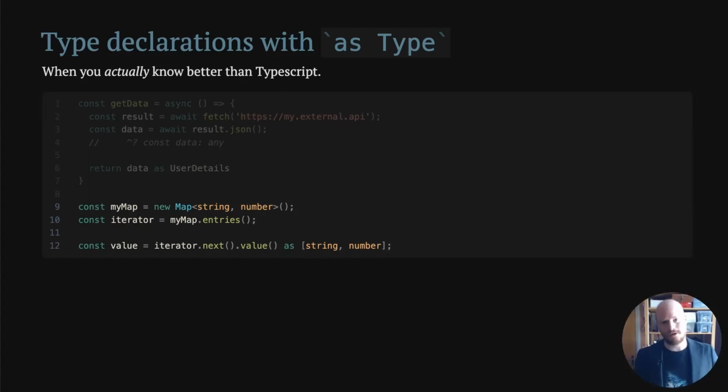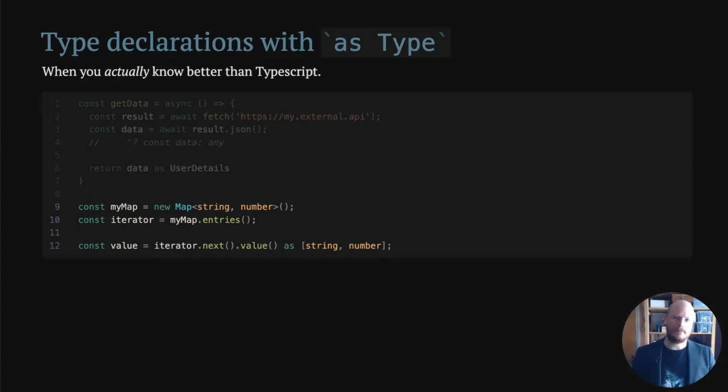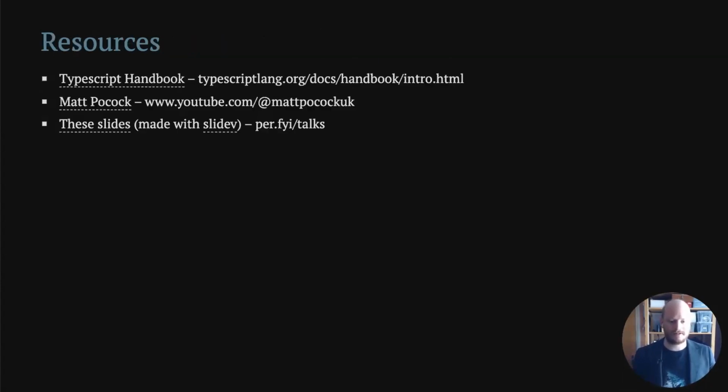So there are some cases where type assertions are fine. There are basically no examples where any is fine. And I think I will stop there. Next tool, I will talk about how to parse weird types like this one. I will talk a bit about how to integrate TypeScript with Vue and React. I will talk a bit about handling type safety in APIs. Some utility functions, generics, trying to read error messages, and so on.